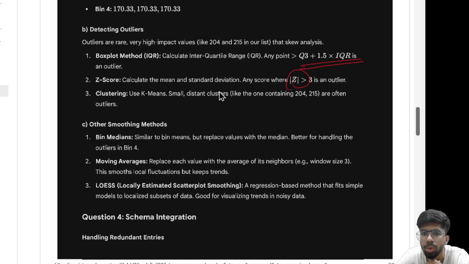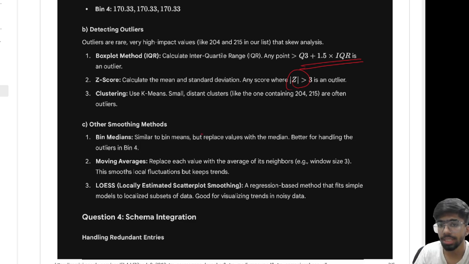So some other smoothing methods apart from bin means: we may apply bin medians, more robust when outliers exist, useful especially for the last bin with 204 and 215. Moving averages replace each value with the average of its neighbors, good for time series data like repeated offenses. And local regression smoothing, LOESS, fits small regressions across localized regions, excellent for visualizing trends in noisy complaint severity. Moving on to question 4,